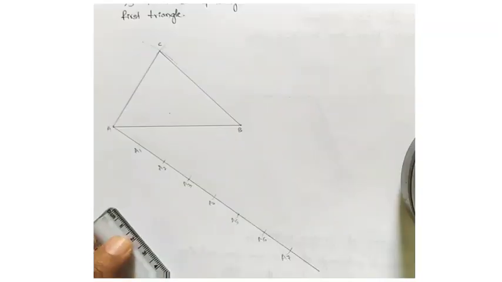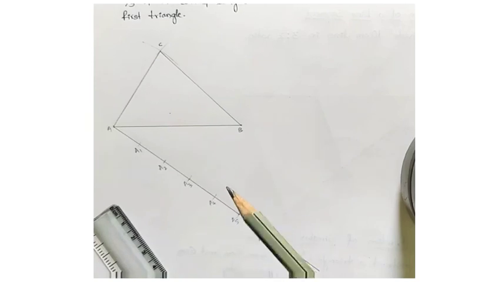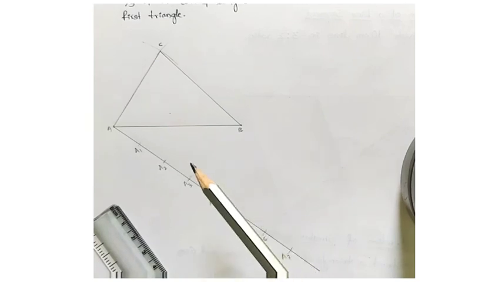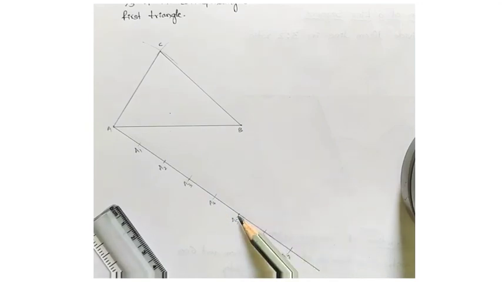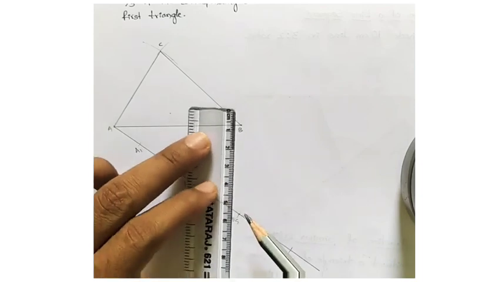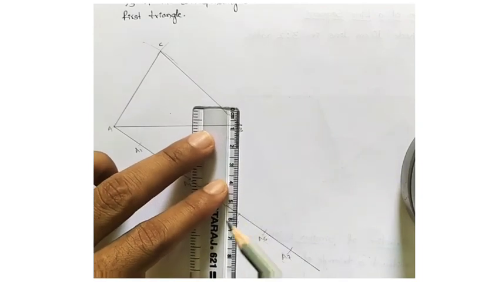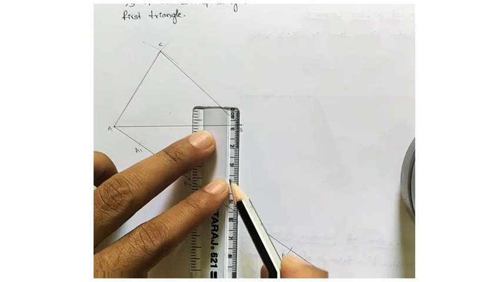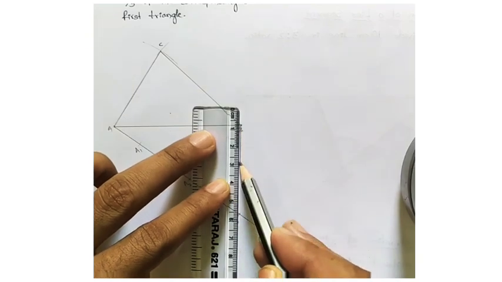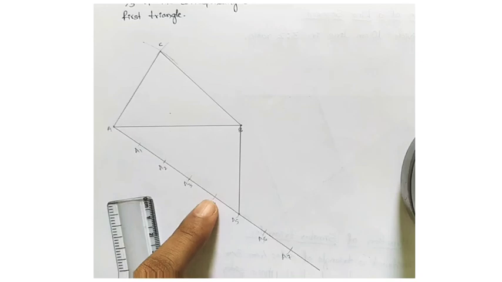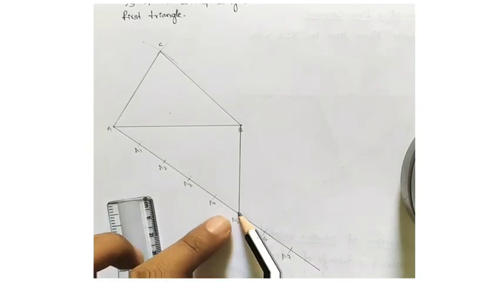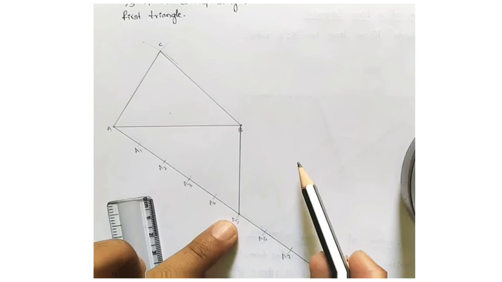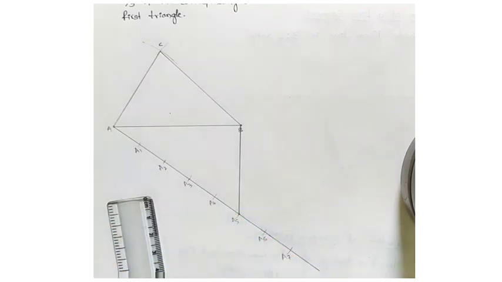Okay. Now our ratio is 7 by 5. So 5 for the given triangle and 7 for the required triangle. So for the 5 parts we have to join with the given point, that is B. From A5 to B you join it. Okay, out of this 5 we need another 2, means 7. 7 by 5 is there. So from 5 to 7 we have to make a parallel line. Okay, so again use the arc method.